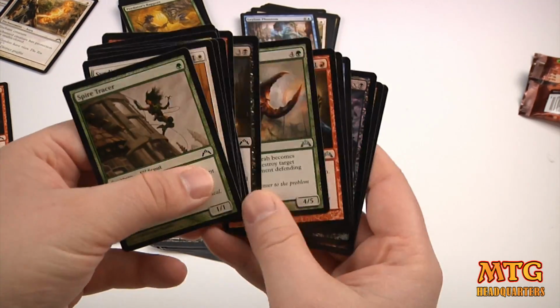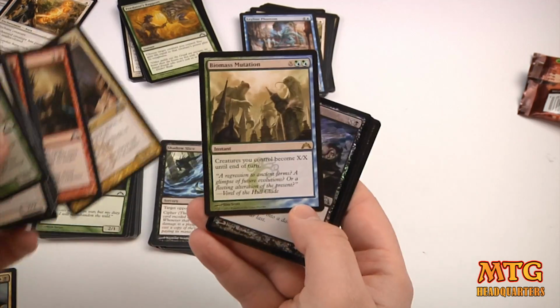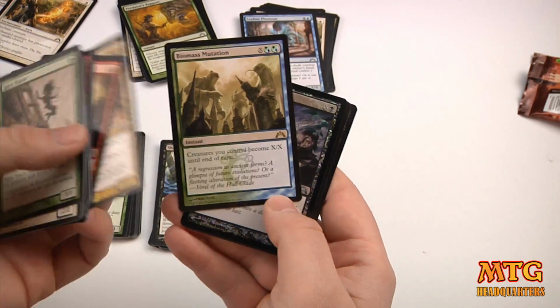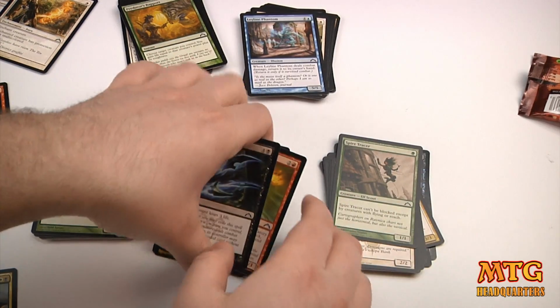In this pack, we've got Skullcrack, Fortress Cyclops is okay. Biomass Mutation, never really used it. Killing Glare, a lot of foils. This pack,